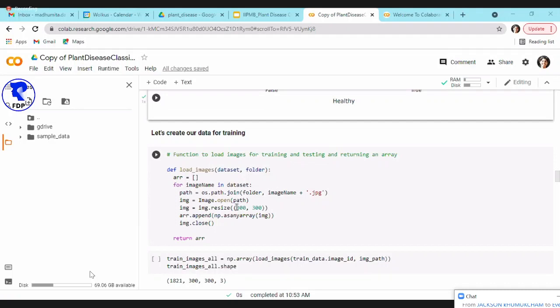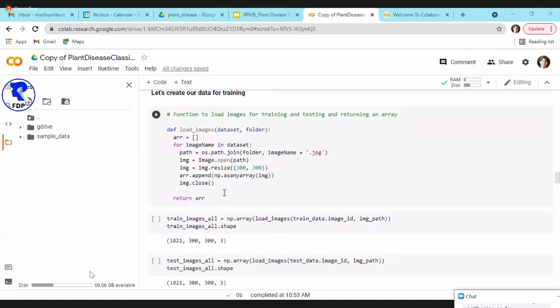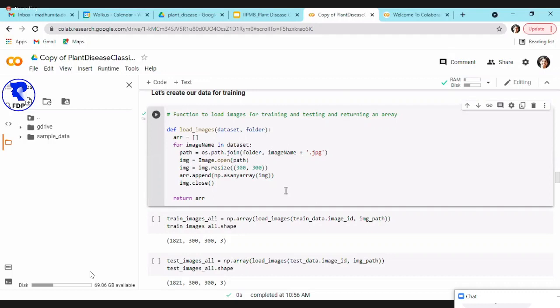The larger the data size, the more time it will take to train. You can further resize it. That is something you can test also: is 300 by 300 required, or can you further reduce the size? So what I do is I make all the images the same size, and it's really important that all your images are of the same size. These neural networks want a square image, so make sure you make your image square. This code here does that.